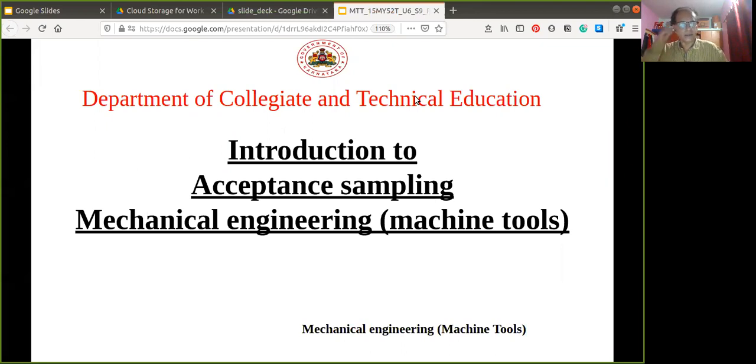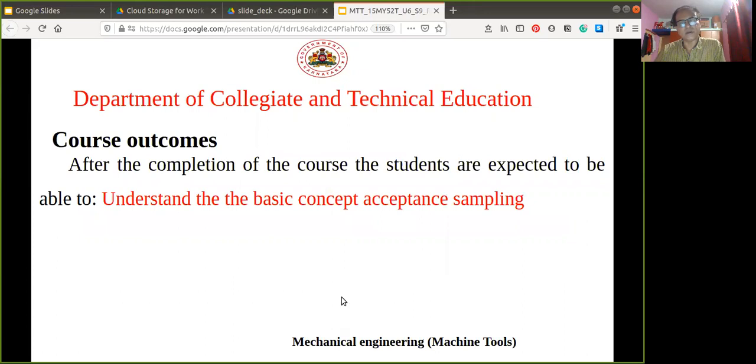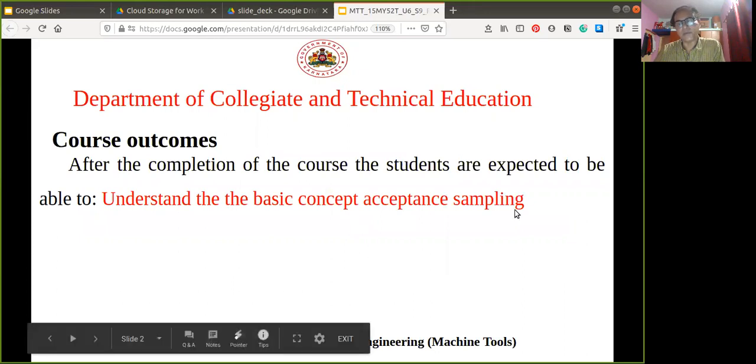So I am here dealing right now with the ninth session of this unit. In these sessions, we will be discussing the tables that are available for calculation purposes. That one we will be studying here. After the completion of this course, the students will be able to understand the basic concepts of